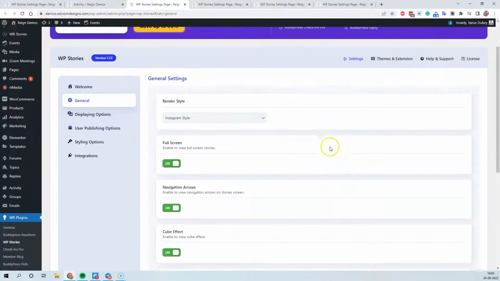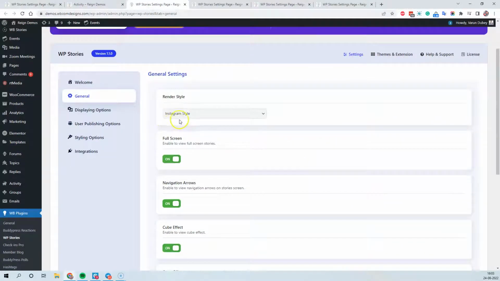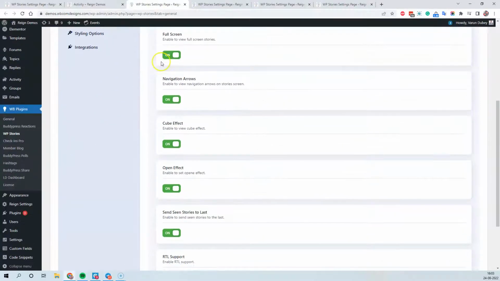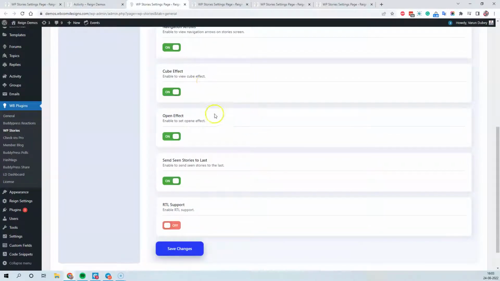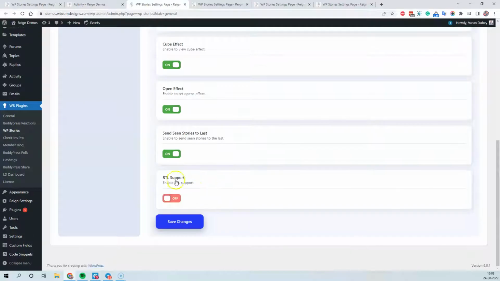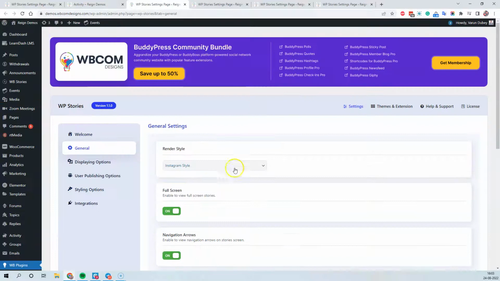So first of all, we have a general option where you have the render style, like how the stories are going to be visible on the front end, like a square style, this style, and the Instagram style. And you also have these options to make it full width or to display the navigation arrows when you are checking multiple stories or not. There are certain effects that we have available on these stories. And the plugin also has RTL support. If you are using an RTL website, you can enable this option. And from the display point of view,